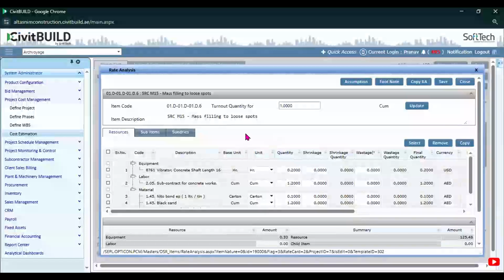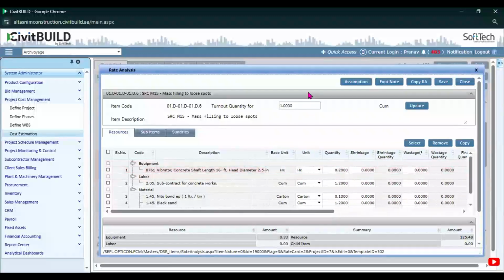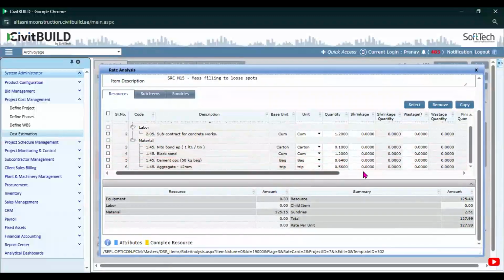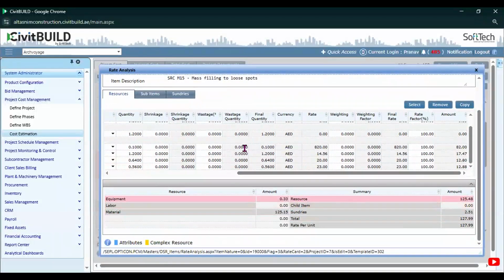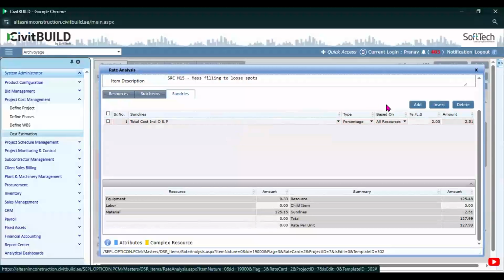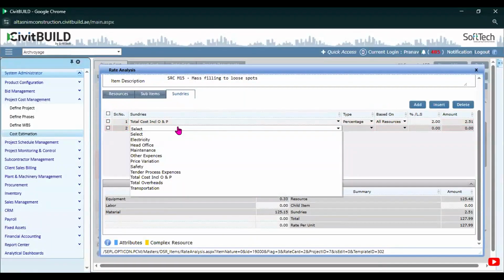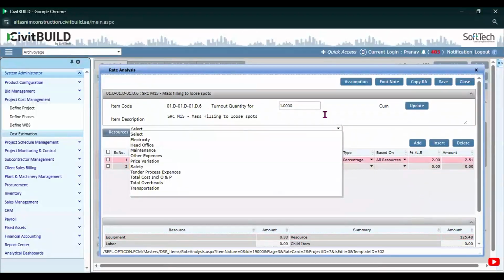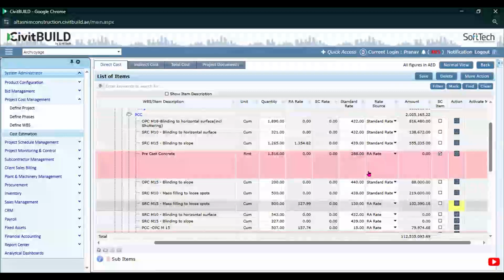With the help of the library, they can prepare all the resources required to execute a single line item, identifying for each cubic meter how many equipment, labor, and materials are required to do the job. Not only the resources, but also items which may additionally occur for the project, and sundries. There might be safety cost, electricity cost, or other expenses which you are willing to consider during your project estimation, in order to ensure that all of those contingencies are captured correctly and that your per unit cost for this particular line item is derived correctly.